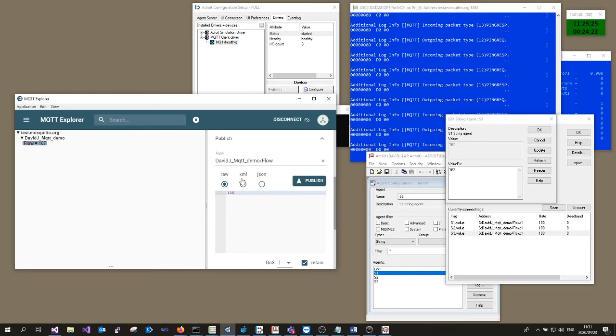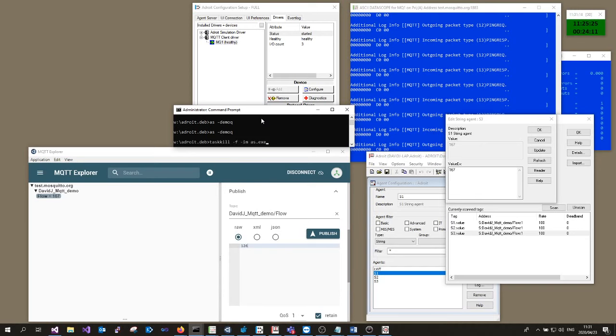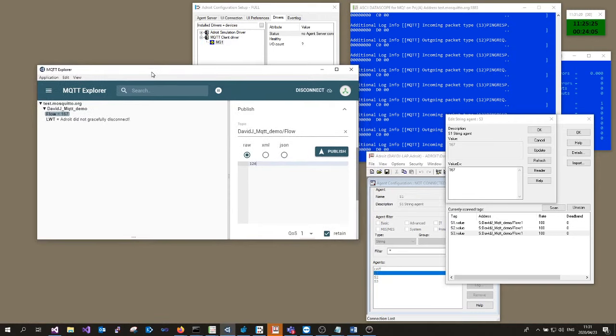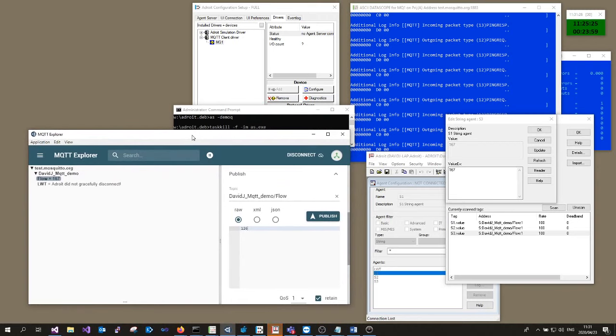Okay, so I showed you the flow back and forth. So now I'm going to kill the agent server abruptly, and the broker knew about that break, and it informed block A, which wanted to know about that. Hey, Adroit didn't gracefully disconnect. I'm not so sure if a little flow box somewhere in the middle of nowhere wants to know about that.